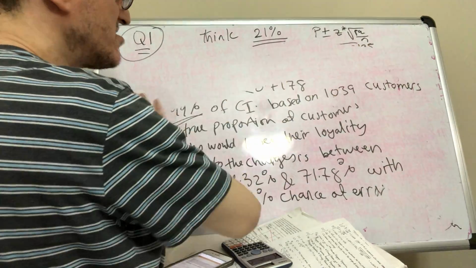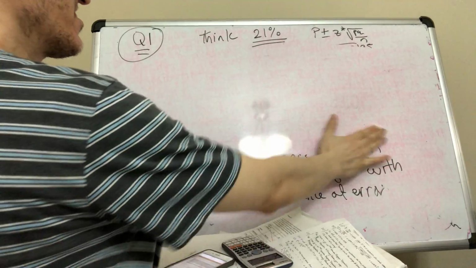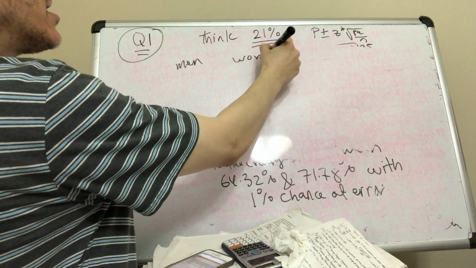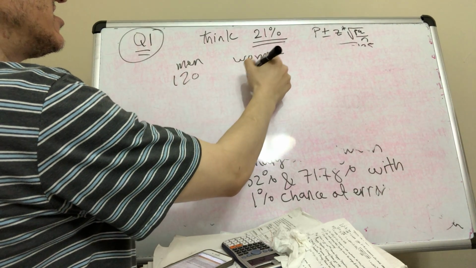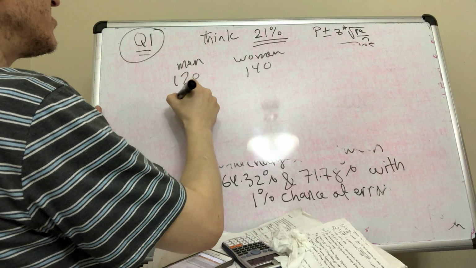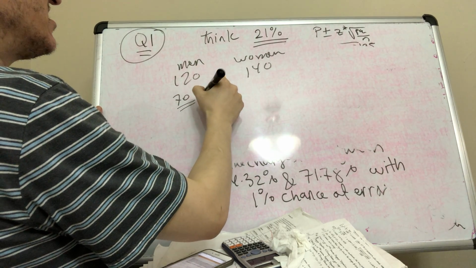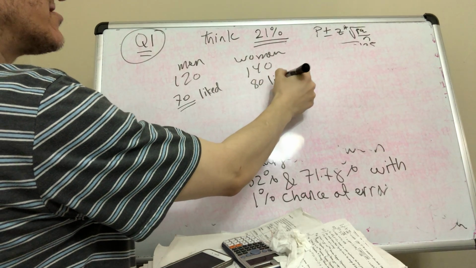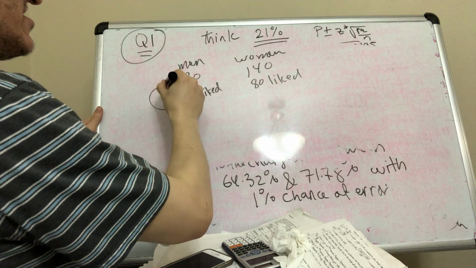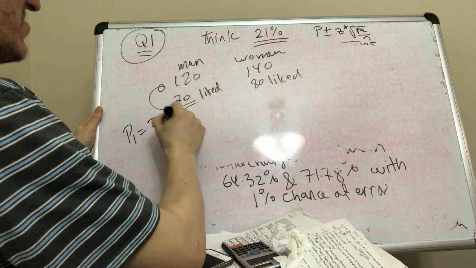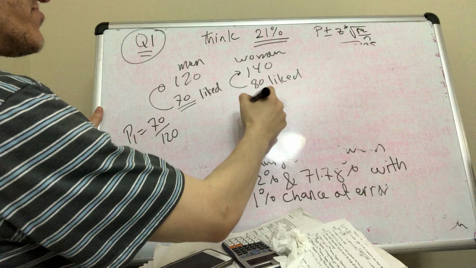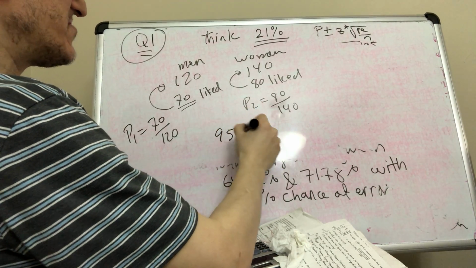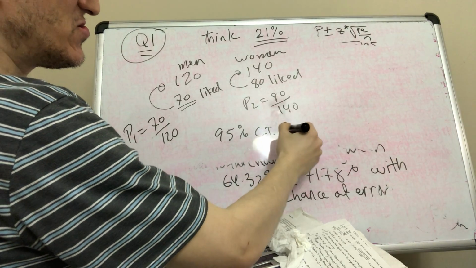Let's say they talk about two different samples, men and women, 120 and 140, and they tell you 70 of the men like the new system, and 80 of the women like the new system. So you have two proportions. Proportion one would be 70 out of 120, and proportion two would be 80 out of 140. They could ask for a 95% confidence interval for